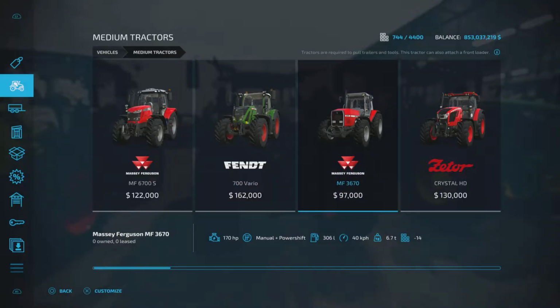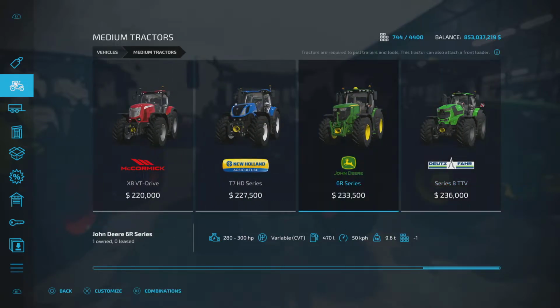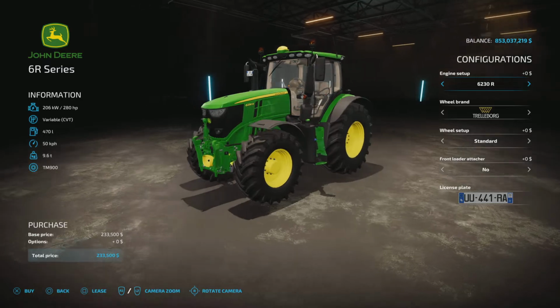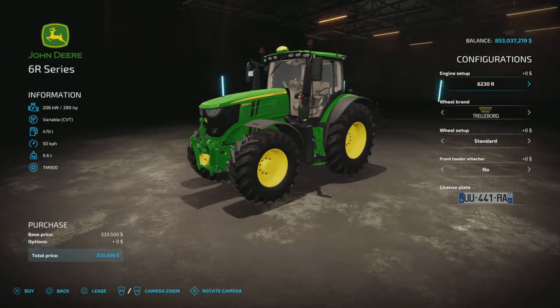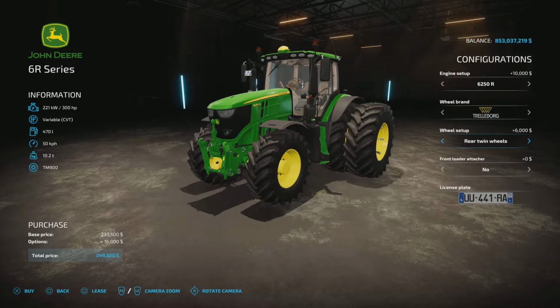The other one we have chosen here is the John Deere 6R. It ranges from 280 to 300 horsepower, and it'll do 50 kilometers per hour. So that's it there. Nice machine, nice and compact. Once again, various engine options, though this one only has two in this case. Different wheel setups,